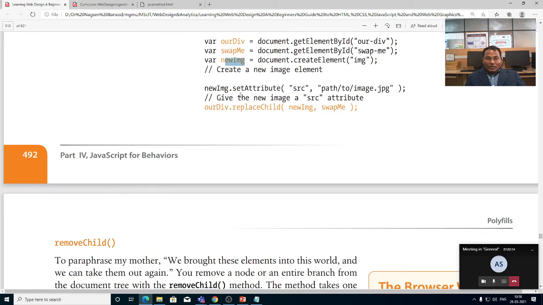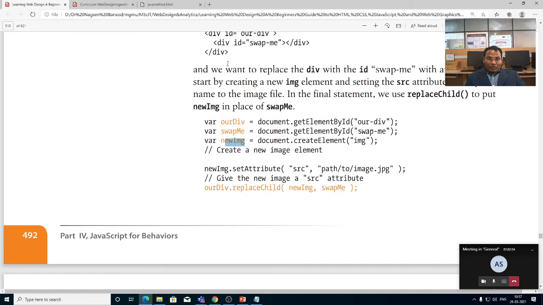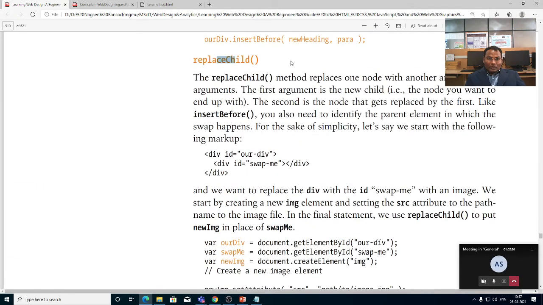New image dot set attribute, the address of the image source, then the path of that image. This gives the image a source attribute. Now you see the replace child node.